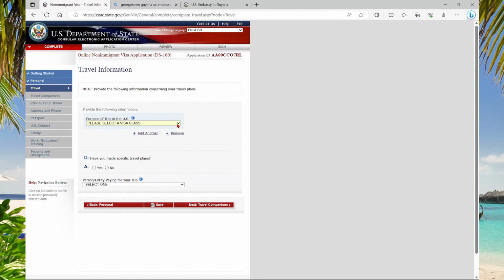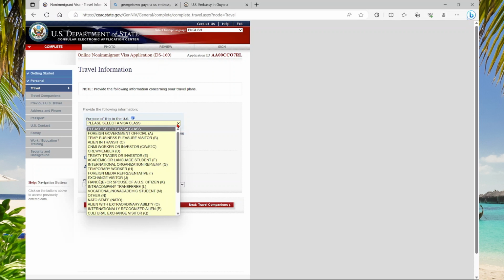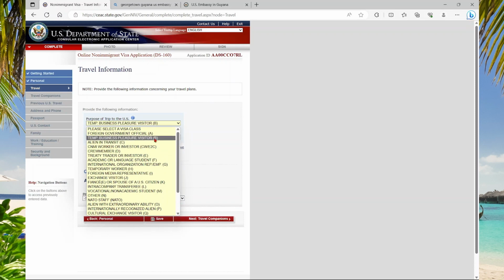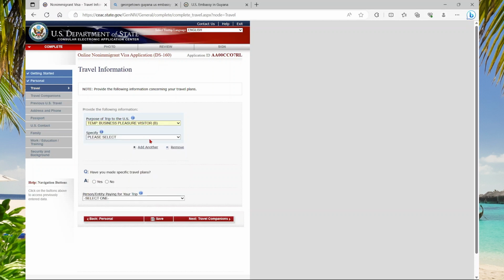Now this is the important section. This is where you specify your visa type, whether it be a H-2B visa, whether it be a work and travel visa, whether it be a government visa, right? So for the regular visitor's visa, you want to select temporary business pleasure visitor, which is the B type, right? Now from the drop down, you're going to specify the type, which is business and tourism. It's typically called the B1, B2 visa. If you want to apply for another visa,